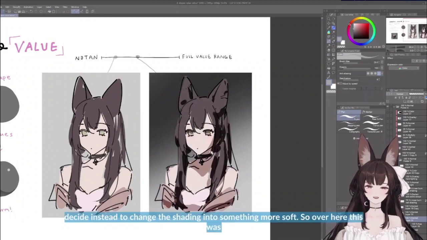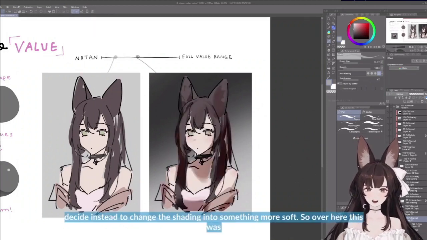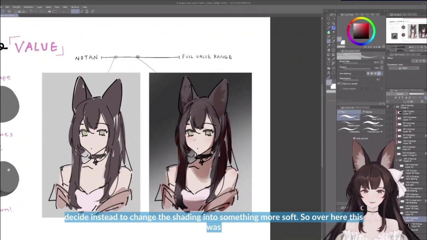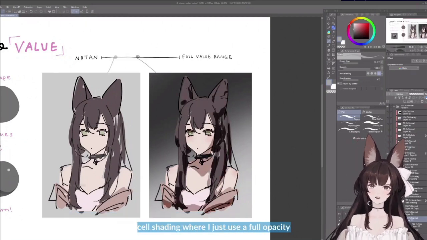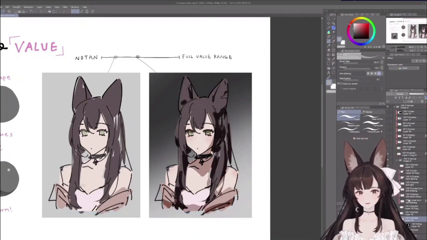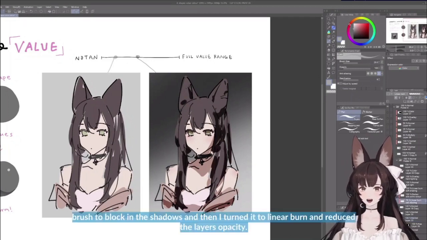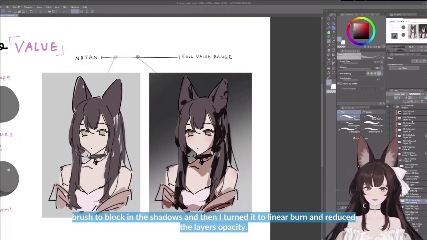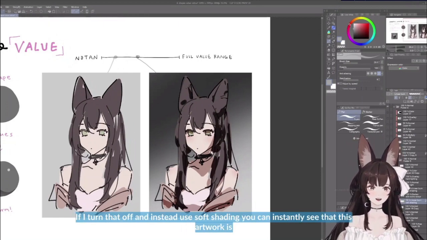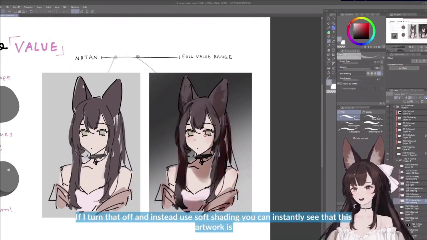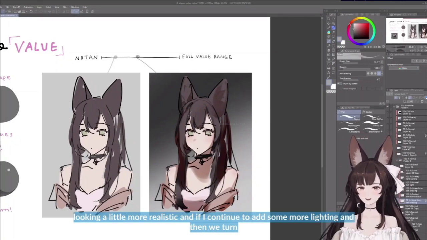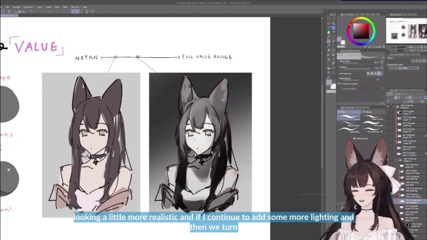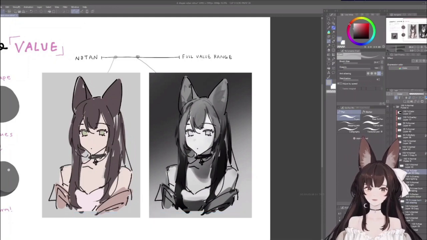If I decide instead to change the shading into something softer, so over here this was cell shading, where I just used a full opacity brush to block in the shadows, and then I turned it to linear burn and reduced the layer's opacity. If I turn that off and instead use soft shading, you can instantly see that this artwork is looking a little more realistic. And if I continue to add some more lighting, and then we turn the black and white